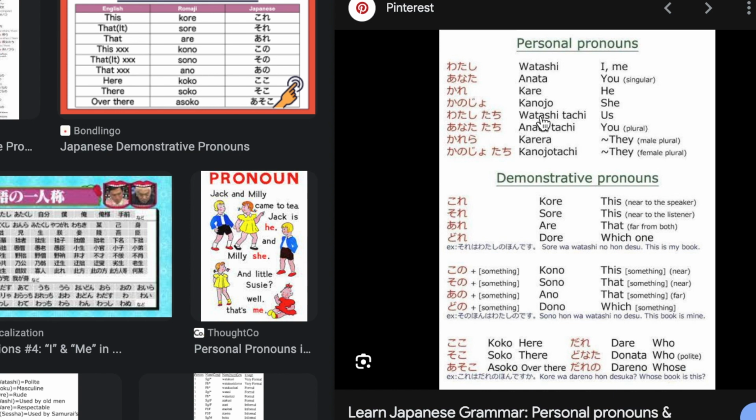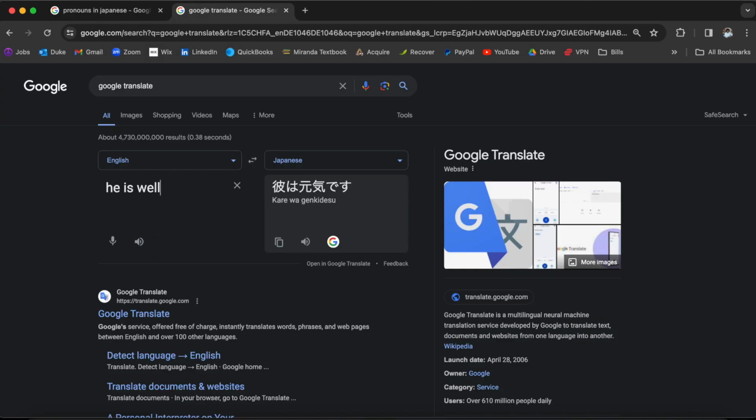I guess it's because it's in the traditional format I'm used to seeing. You know, I, you, he, she, it, or he, she in this case. Us, you, second person plural. They, third person plural. Okay, watashi, us, we. Kanojo, kare. Okay, kare, he. Let's say he is well. Kare wa genki desu. She is well. Kanojo wa genki desu. 彼女は元気です。